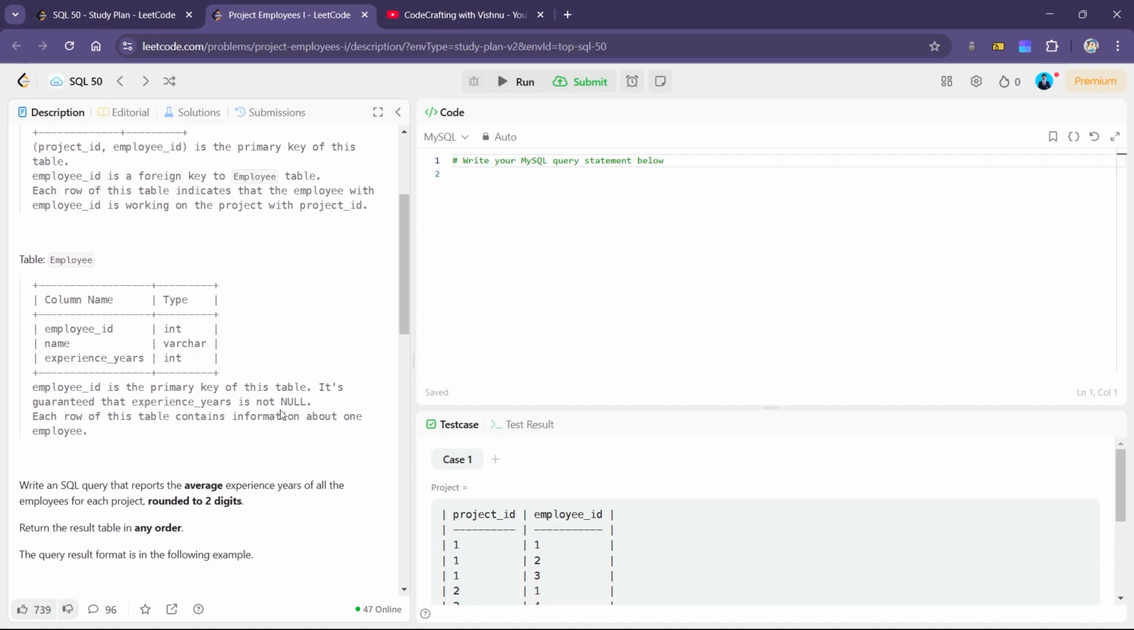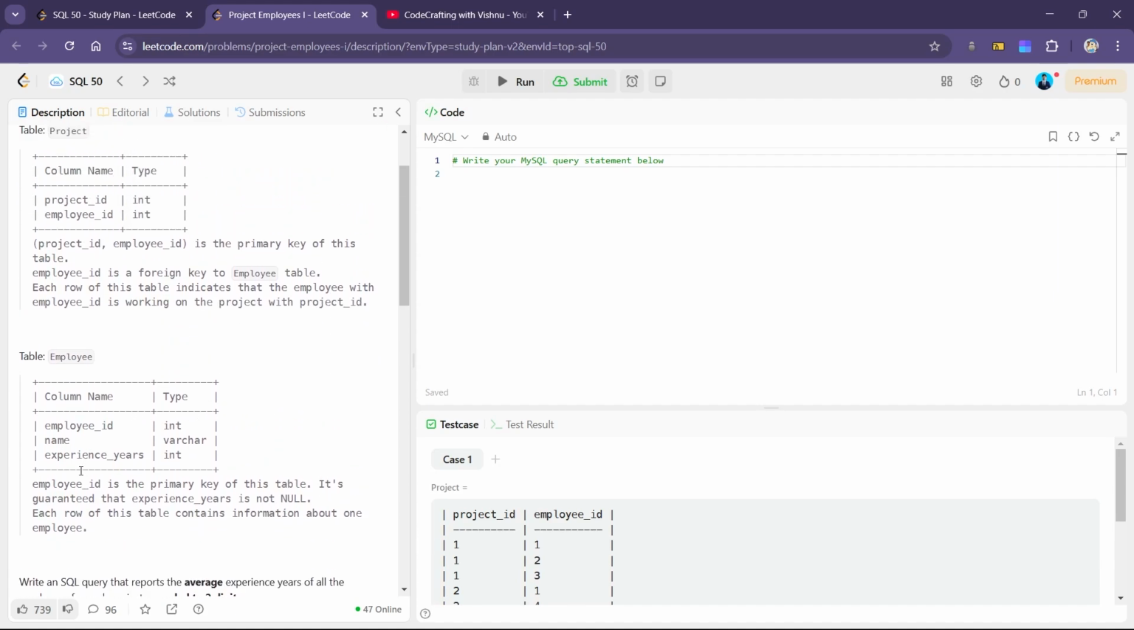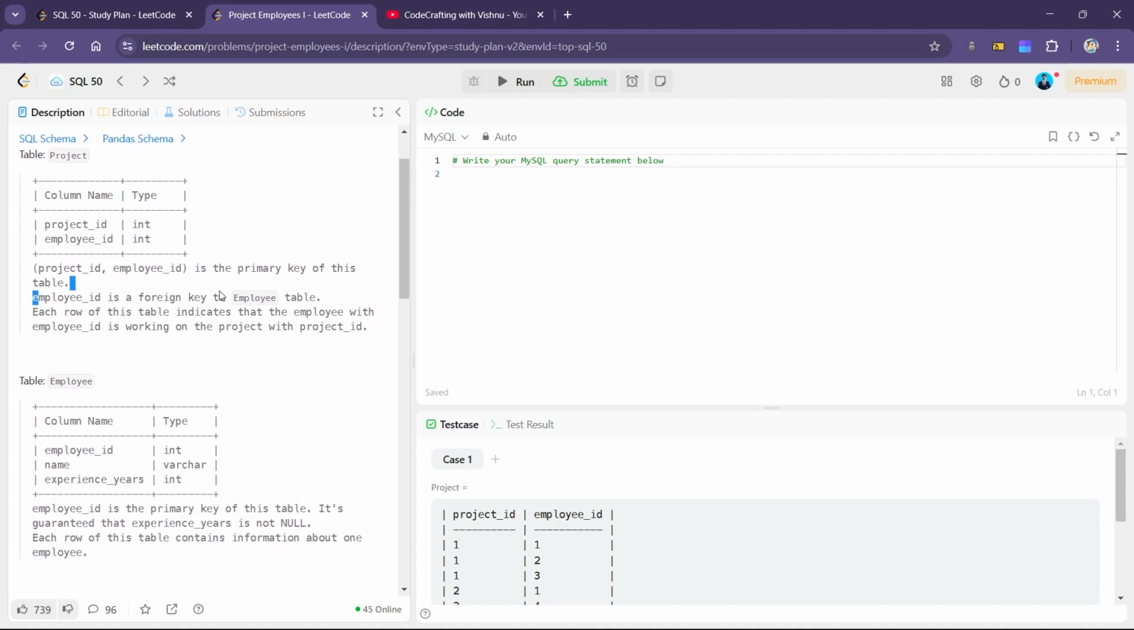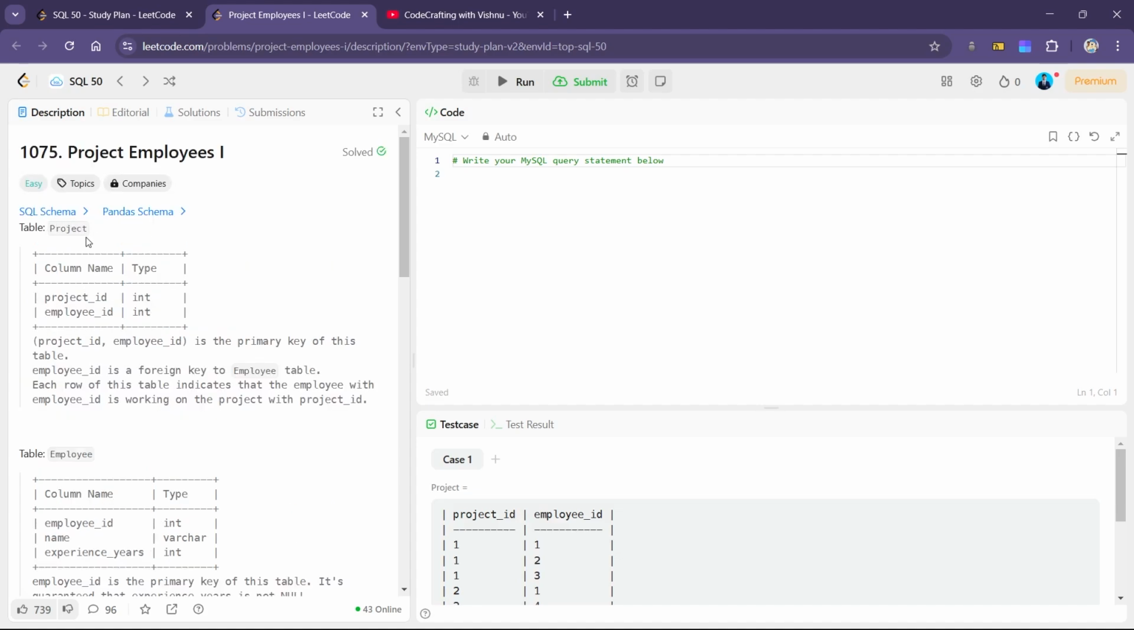Okay. And the other table is the employee table. Employee ID is the primary key of this table. It is guaranteed that experience years is not null, which means an employee will always have experience years. Each row of this table contains information about one employee. And the one piece of information that we missed is that employee ID in the project table is a foreign key to the employee table. If there is an employee ID in the project table, this employee ID will surely come